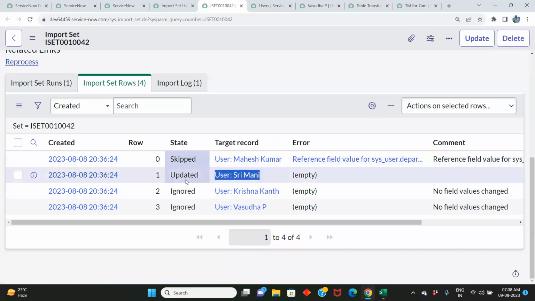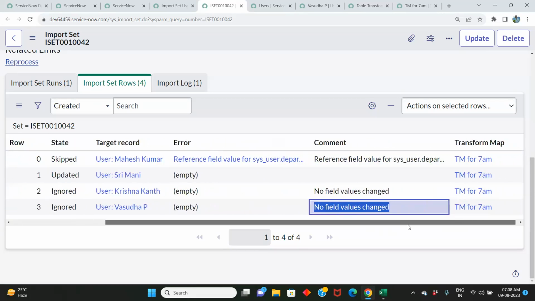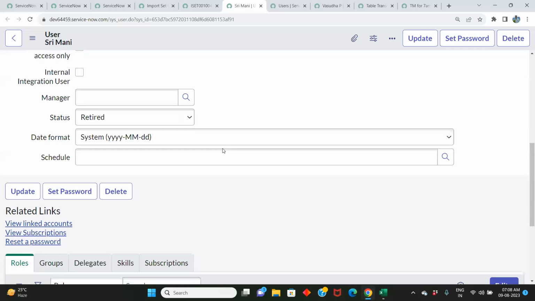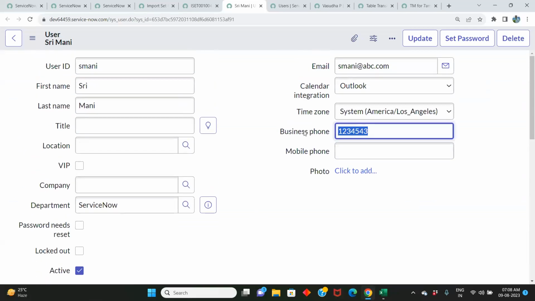Srimani, the record is updated. The other two are ignored because there are no field changes. So this is the comment. You can check the comments to understand clearly what happens. So Srimani, go to this record. Deactivate is not added here as a new choice, but phone number is updated. See here? Getting it? So this is how the create,